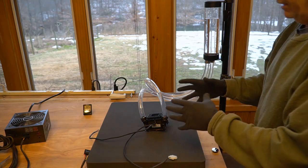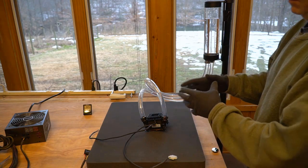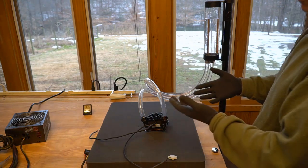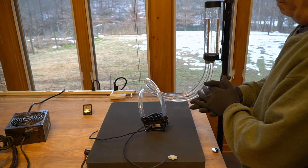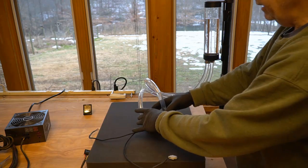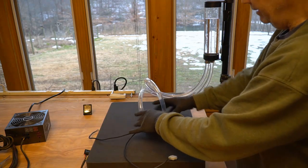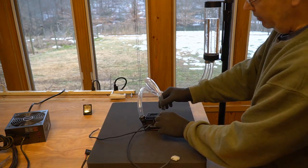A lot of times I will take something as big as a beach towel and I will put it over the graphics card, or sometimes I'll even take the graphics card out. But the point is I don't want water on my motherboard. So at any cost, try and avoid that. Once you get this disconnected off the CPU, you can get it up out of the way. Now what you can